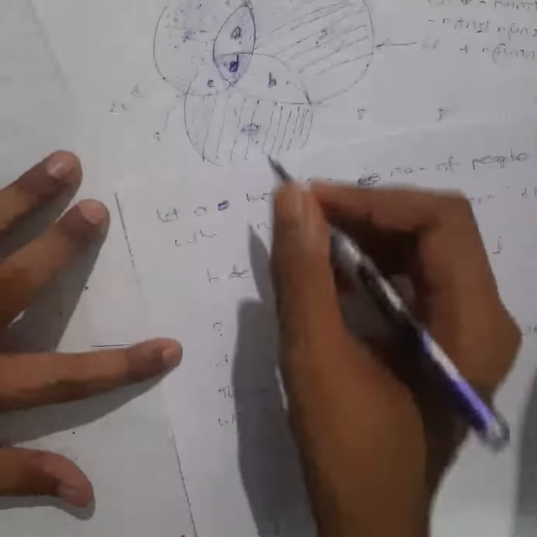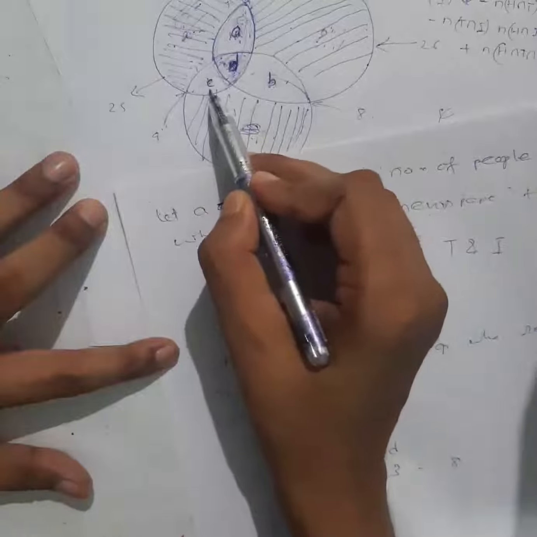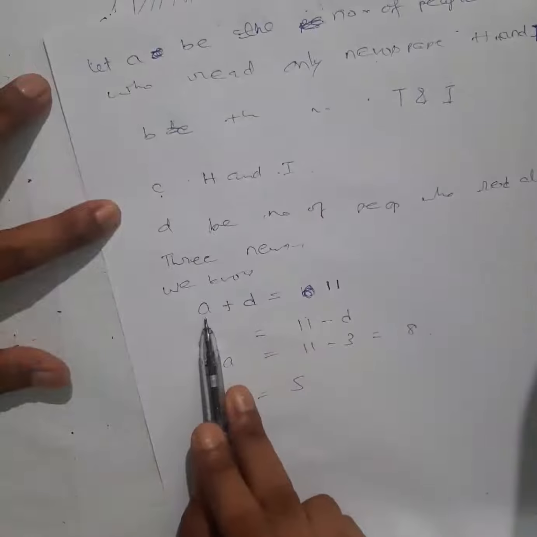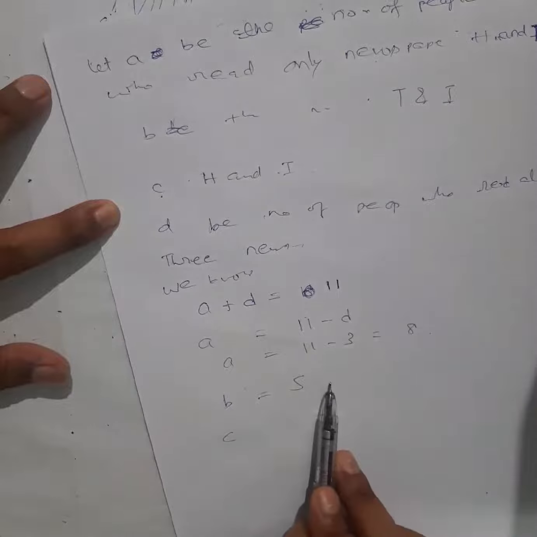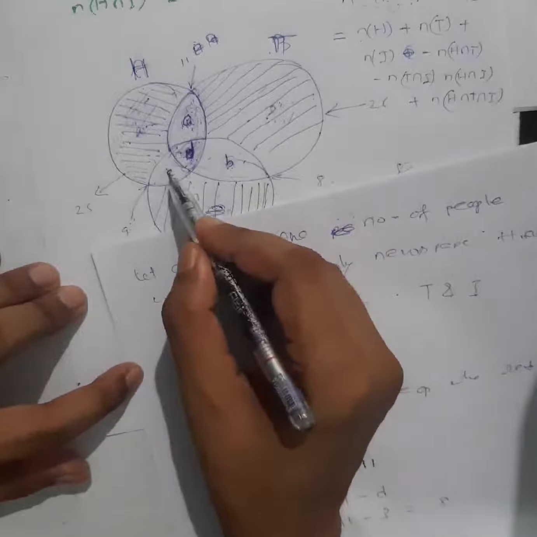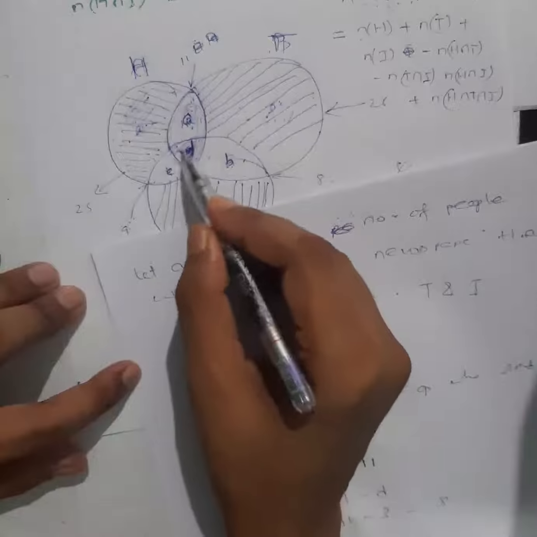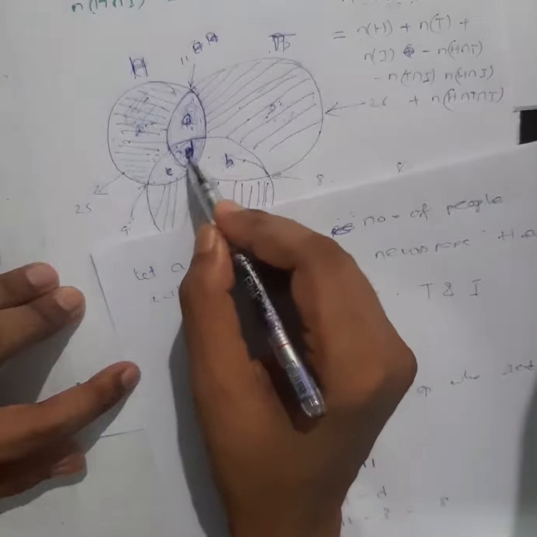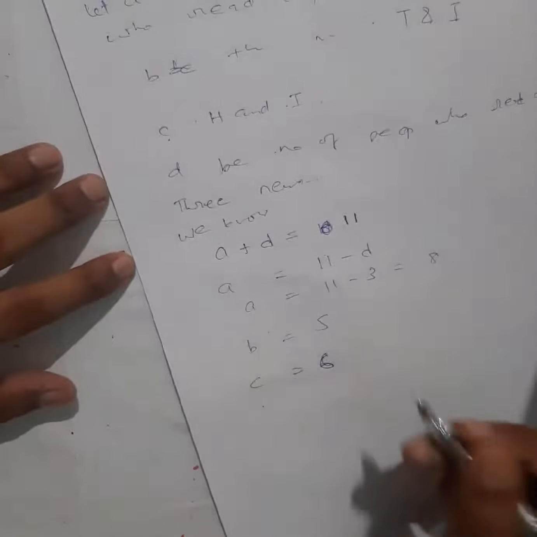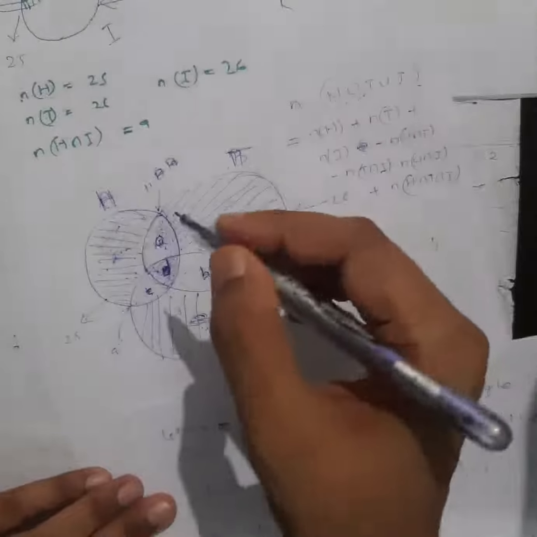C will be how many? From this only you can easily figure out, right? In exam, you don't have to show all this. If you want, you can directly write down A equal to 8, B equal to this, C equal to this, D equal to this. Okay, directly you can write down. C will be how many? This is total 9, and this portion is how many? 3, right? So this total is 9, this is 3. This will be 9 minus 3, that is 6. Okay, and D we already know. So A, B, C, D we already got. This we got 8,